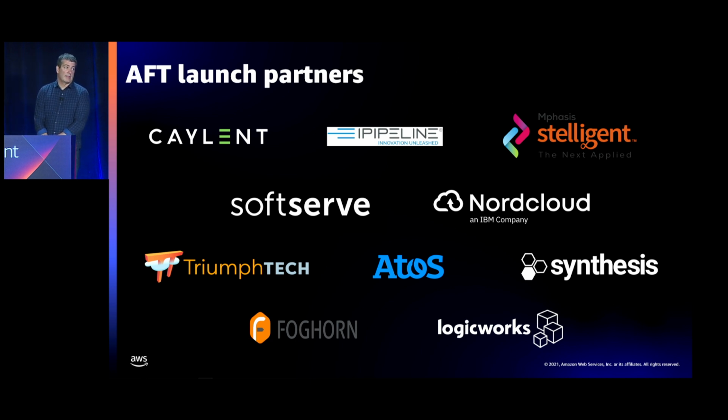So obviously, as Brad and Albert mentioned, it's very easy for you to make your own customizations with this product. But if you wanted some assistance or wanted to look for alternative solutions, these are a number of launch partners that have already begun deploying with AFT and developing solutions for it. So it's a great place to start too, if this isn't something you wanted to start on your own right out of the gate.